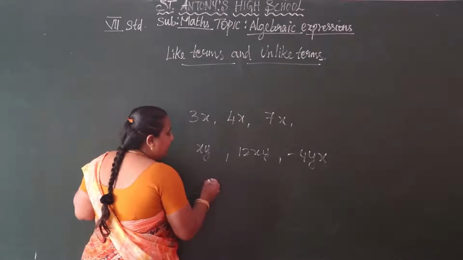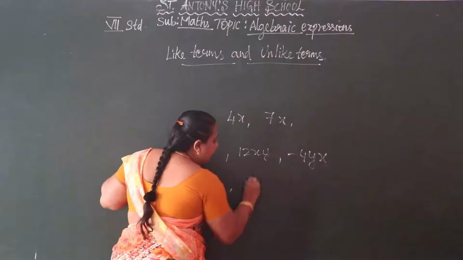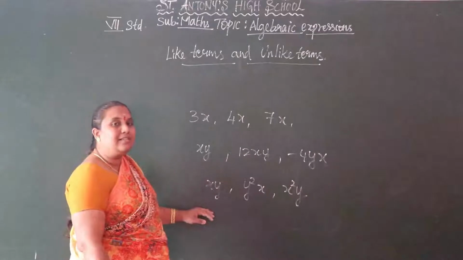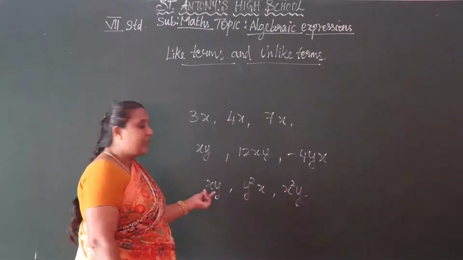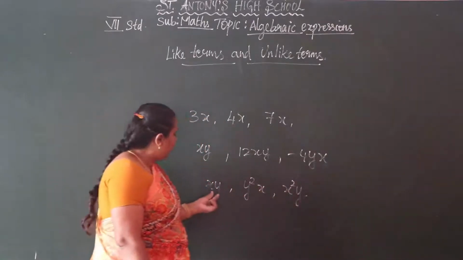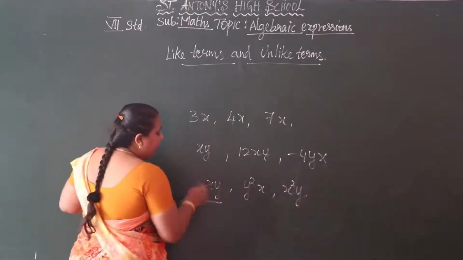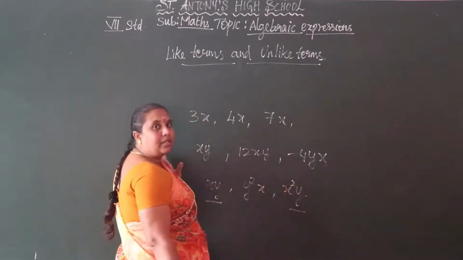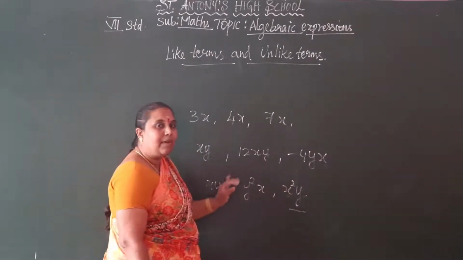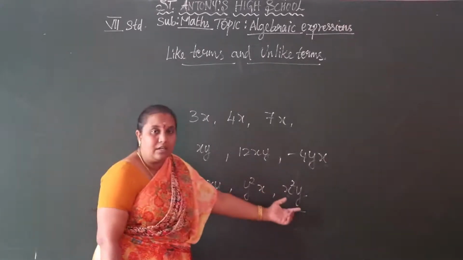As we can see in another example, you can say it is a like term or unlike term. See here, xy and y square x and x square y. Can we say these are all like terms? Why? Here we have x, here also x, and here x square. Here y square and y. Here xy, here x square y. Here one x is more than the before term, so these two are not like terms.